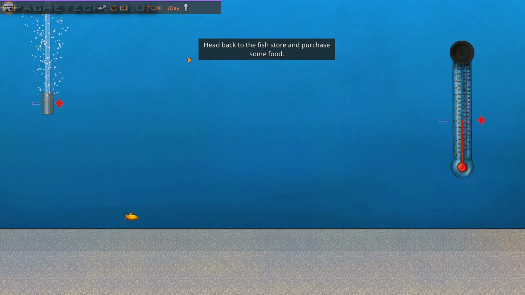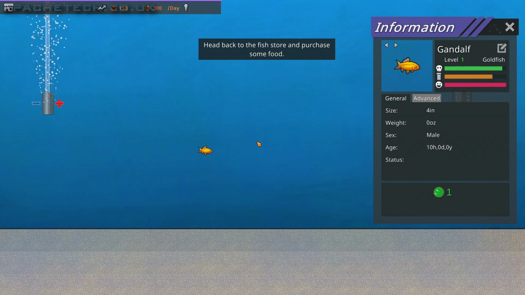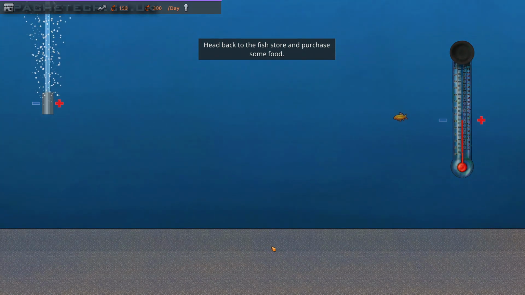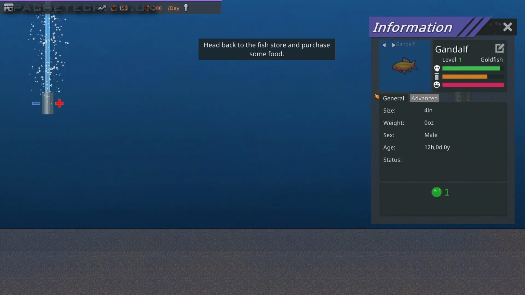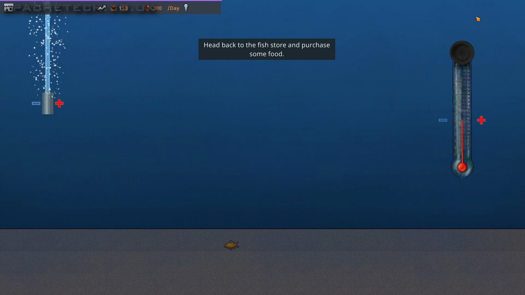What the problem I had was that this window was open here, and so I had all the information about him here, and I could not see the temperature gauge behind. So the fish was born, and then I clicked on it, and then this came up. And I was frantically trying to click up and down on here, trying to work out what was wrong with him, but he was still losing health. And I couldn't really work it out until I pressed that button there, and suddenly this comes up, and everything makes sense. So yeah, just make sure you don't have the fish information open when you're trying to adjust the